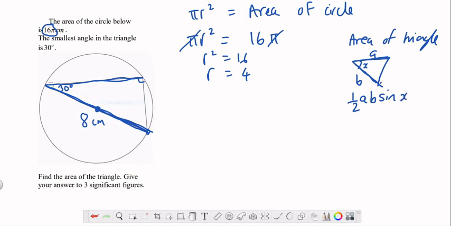So all I need now is to work out this length, right? To me that seems a lot less work. It saves me having to use trigonometry twice, once for this and once for the other side over here. If I just work out this length over here, then I can apply this other formula for area of a triangle. For this, I will definitely need, I'm going to use SOHCAHTOA,